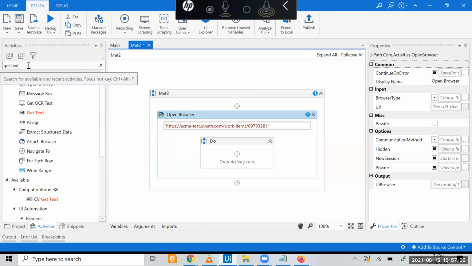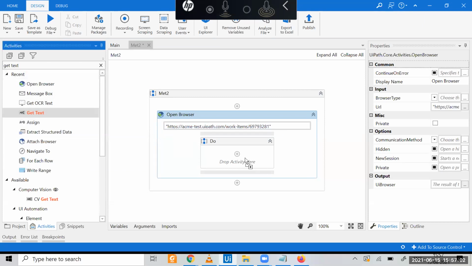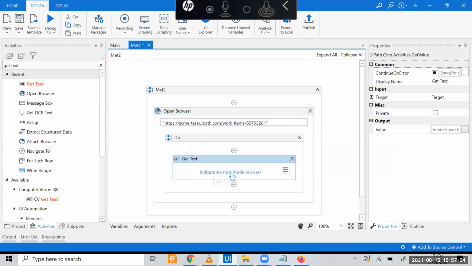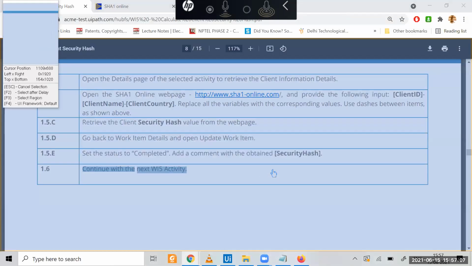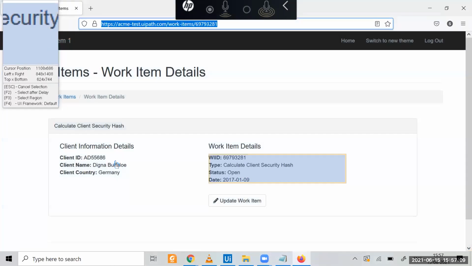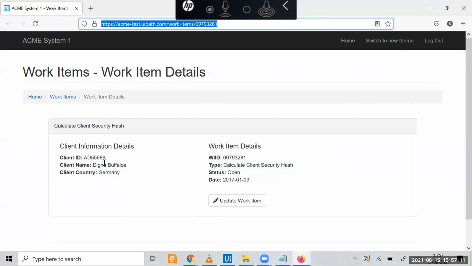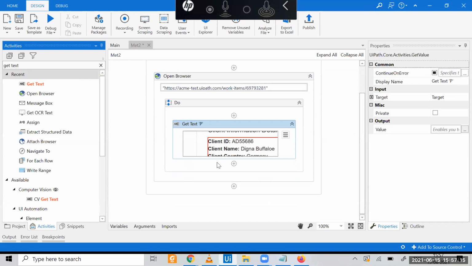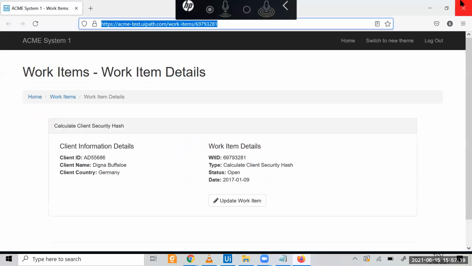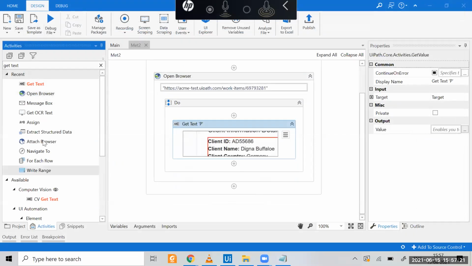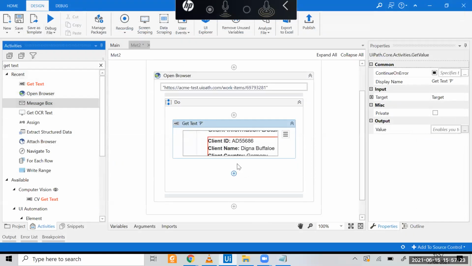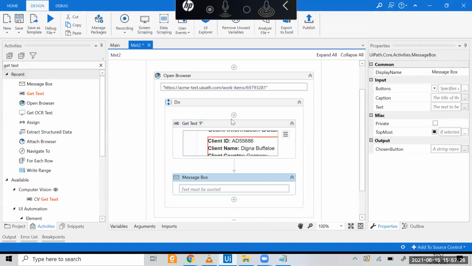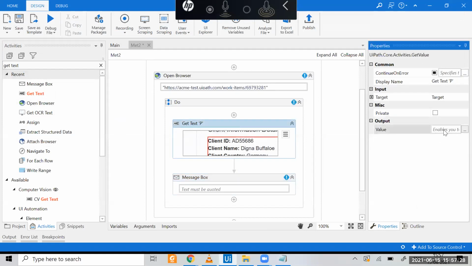We'll use the get text activity right here, and we'll indicate the whole part in the browser. So if you go to a message box, you have to indicate the value, the output value.